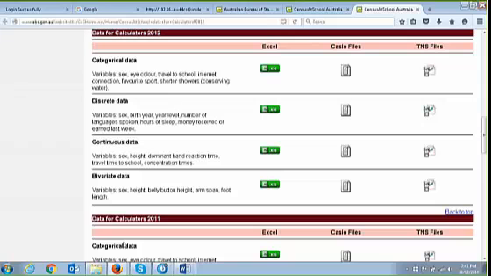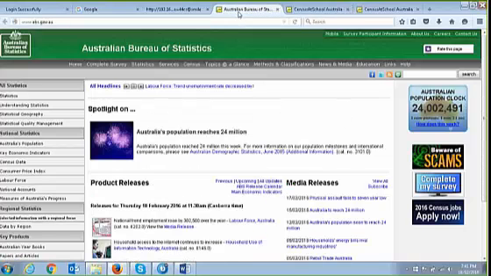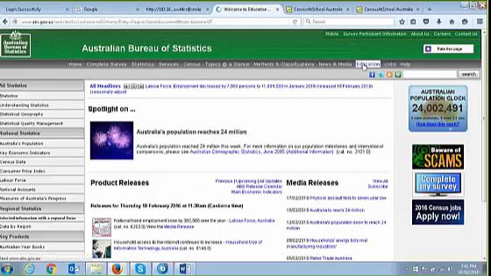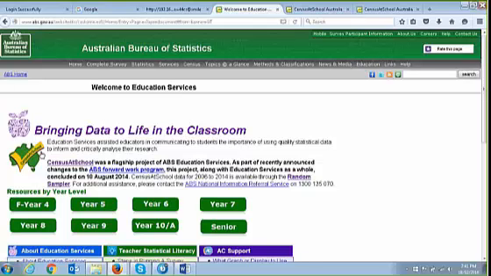Now, the data that I showed you just a couple minutes ago was data that I made up. But if you look at the Census at School site, the kids love it. The Census at School site is on the Australian Bureau of Statistics site; if you click on education, you notice a little blurb about Census at School. Unfortunately, the government saw fit in its cutbacks to conclude the project on the 18th of August 2014. But before they did that, they collected data from actual students in Australia,